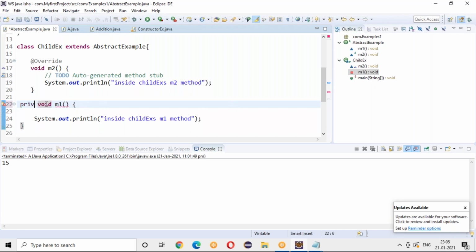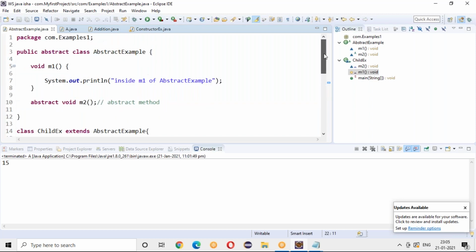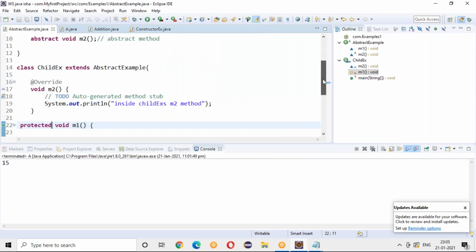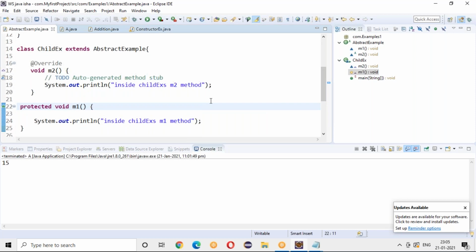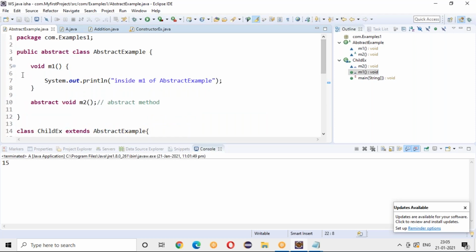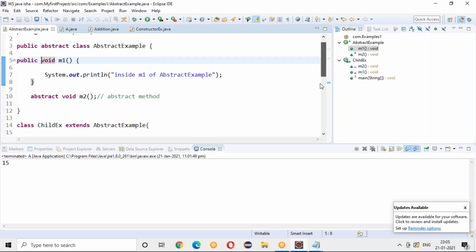But what I can do is increase the visibility. It means I can write it as protected, right? Why can I write it as protected? Because I am trying to increase the visibility. So for sure you can write it as public, right? Whenever the M1 method is public, when I'm trying to do overriding, can I write it as default?